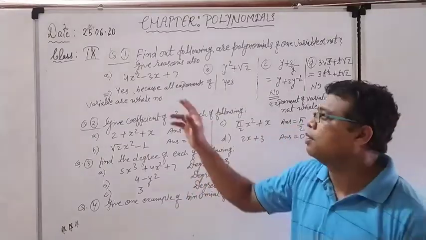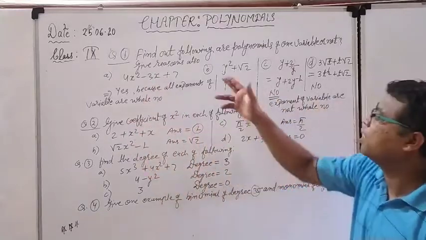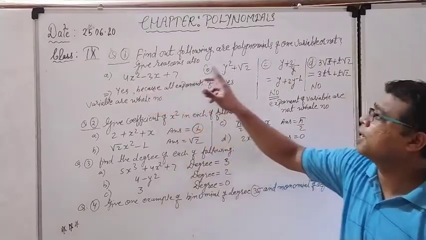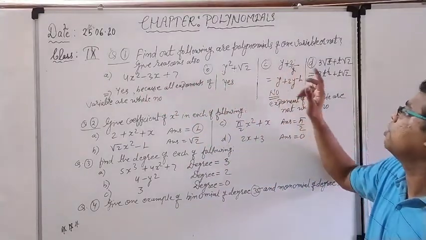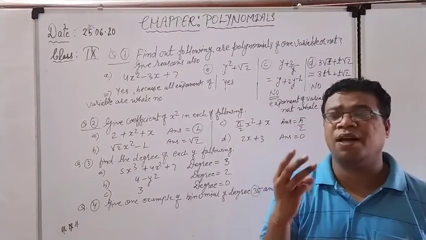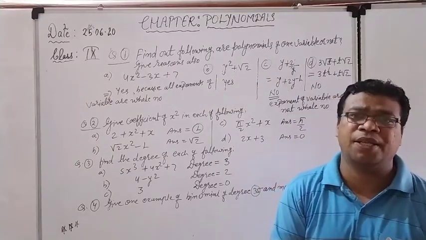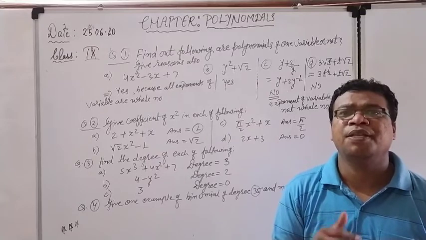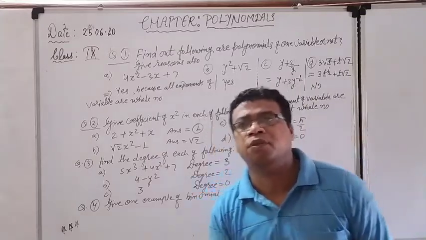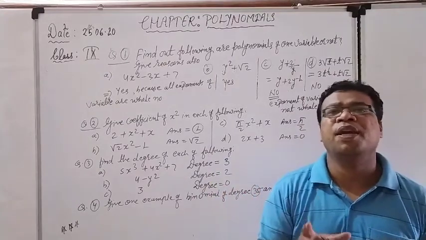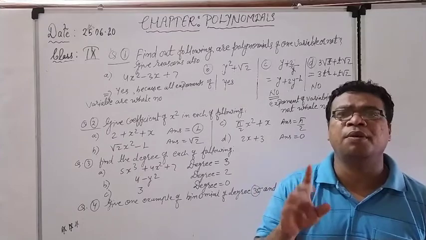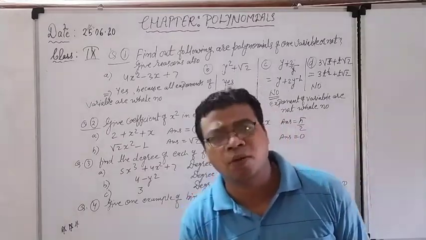Right now see, actually I have taken all the examples which are polynomials of one variable. You can see here the variable is x, here the variable is y, here the variable is y, here the variable is t. In any example, if there are more variables, like xy in place of x, or xyz, or some different alphabets, then definitely you should say this is not a polynomial of one variable because there are three variables or two variables.